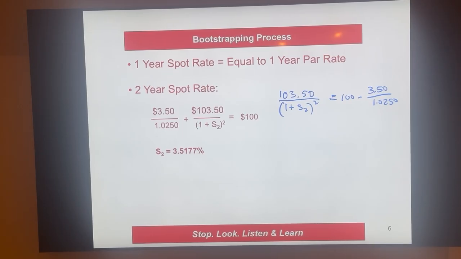That number comes out to be, so it'll be 103.5 squared, and the number on the right hand side comes out to be